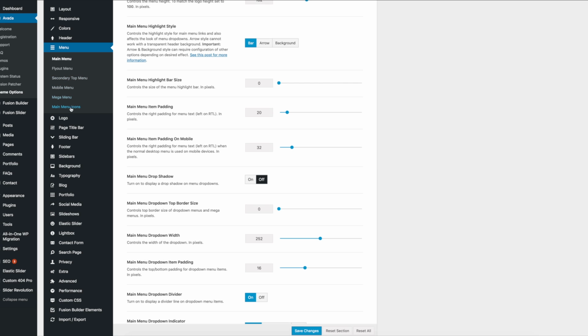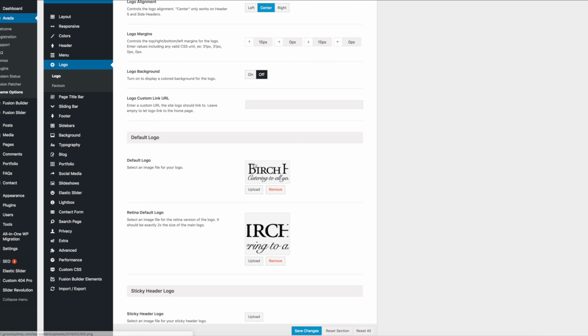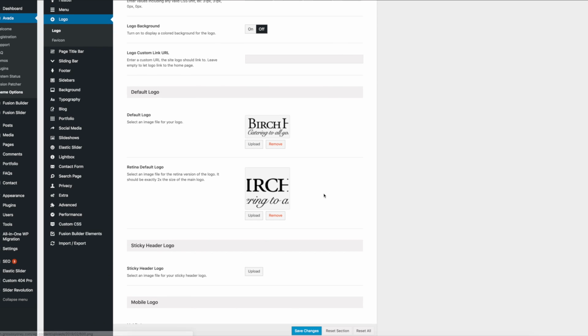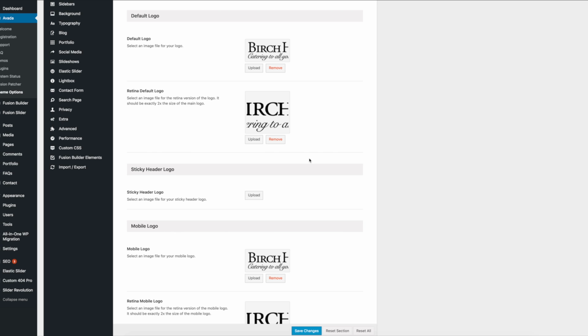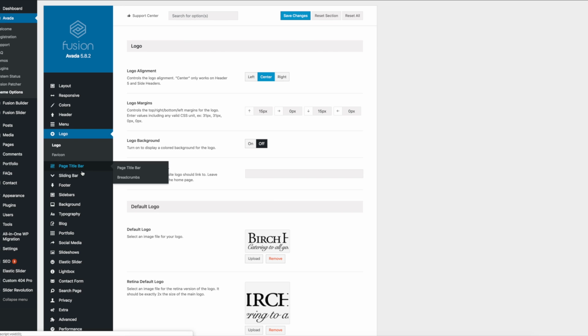We come down, we can see the logo that we're using here. We have the retina, the default. The retina is always exactly 2 times larger than the regular logo. We have the mobile logo, coming down,